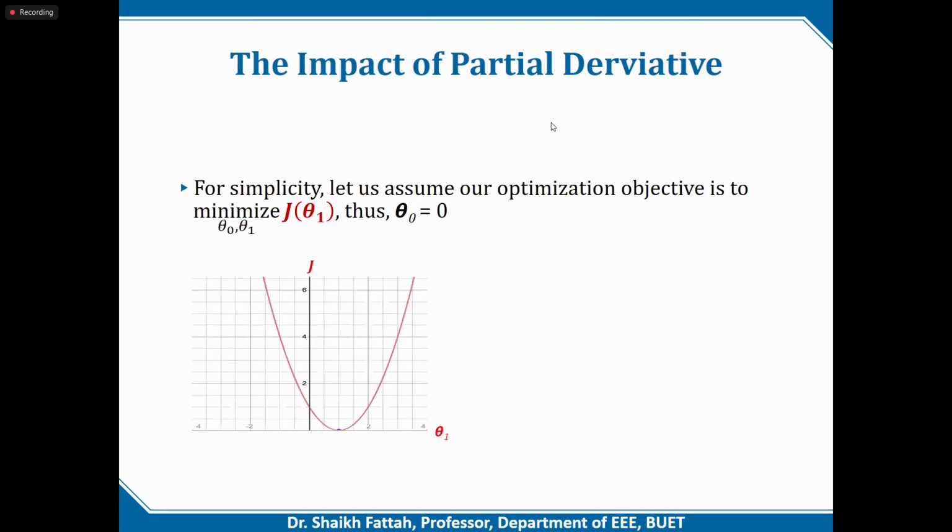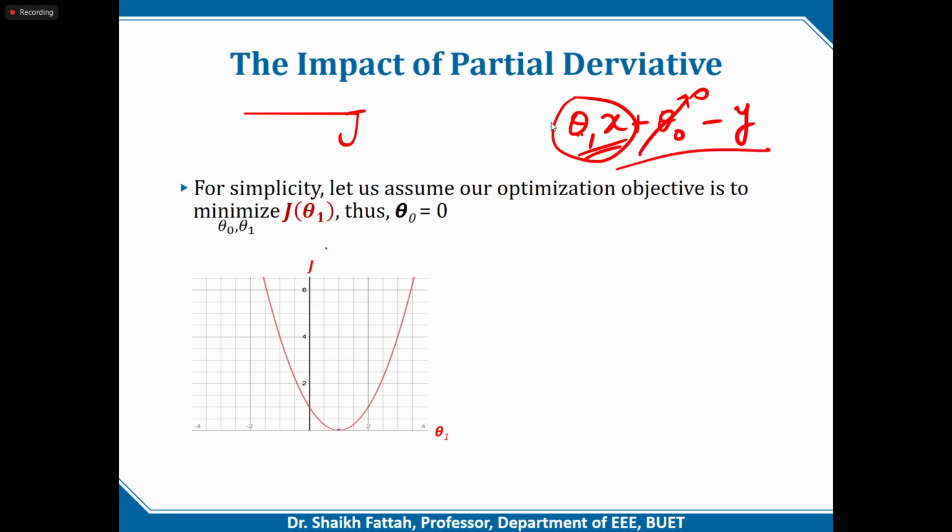Let's check the function J, which is basically the difference, as I say, theta 1 x. Let's for simplicity assume this is the same. So basically, this is a function of theta 1. There is nothing else. So if I consider theta equal to 0,